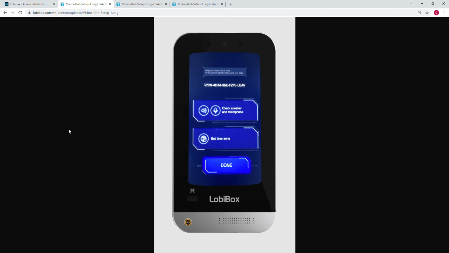So what I need you to do is power on your visitor unit and connect the Ethernet cable. Once that has been completed, then you will see this screen. You will see that you have a serial number that you're going to use to register your visitor unit on